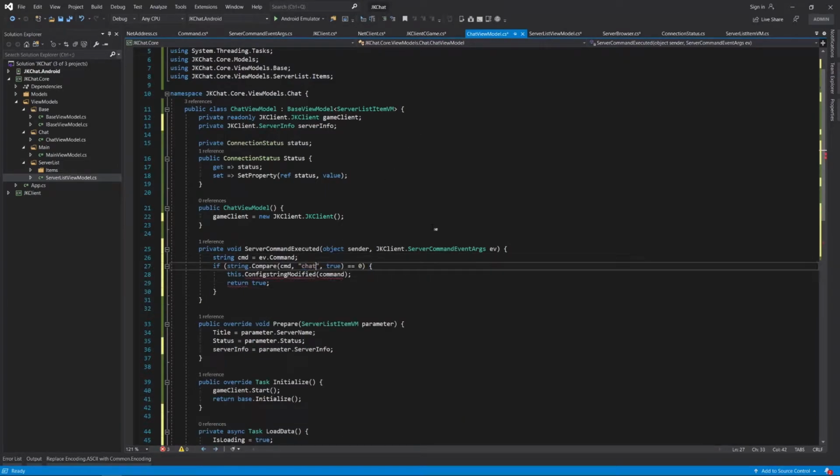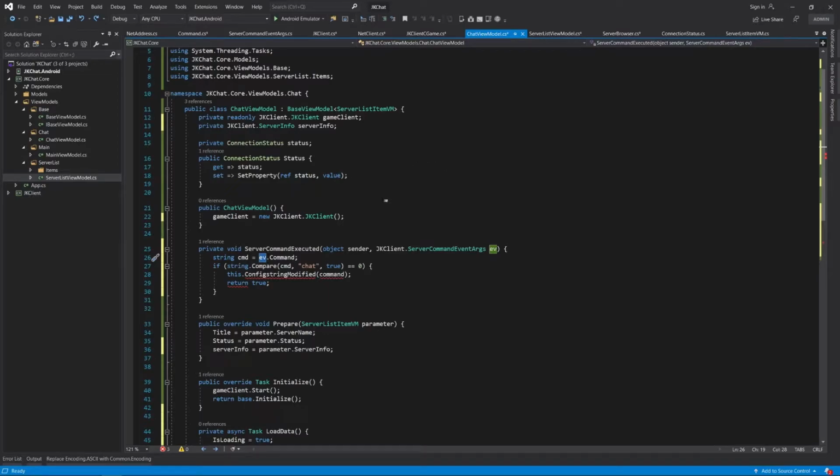If it's chat, compare true, that means we ignore case, so it may be chat, so it's also the same command. If it's chat, then we probably do some parsing of this. Also, it's parsed in event arguments,